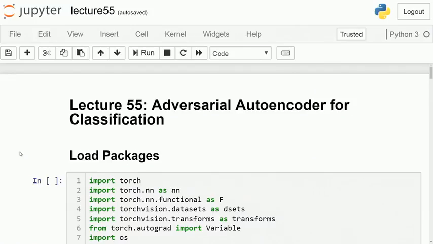Welcome. So, this is on yet another interesting topic. What we are going to do is use the adversarial autoencoder network, which we had learnt in the previous lecture, in order to even build up a classifier. This is what I was telling you in the previous lecture, that what we have been doing till now